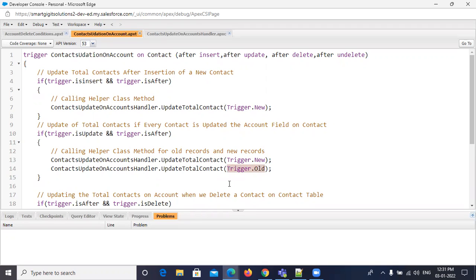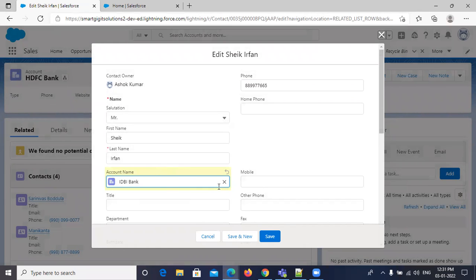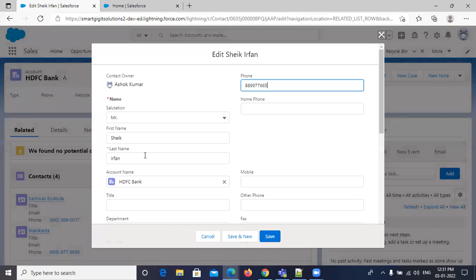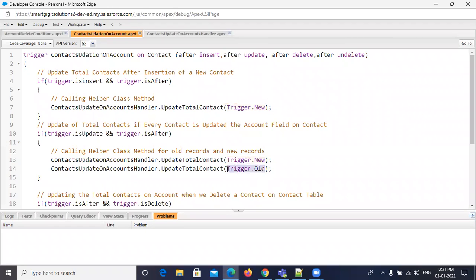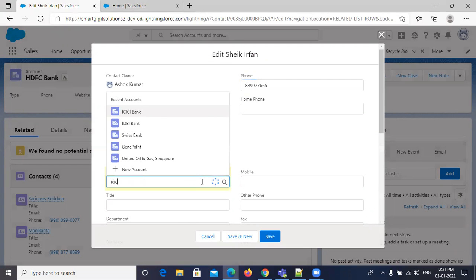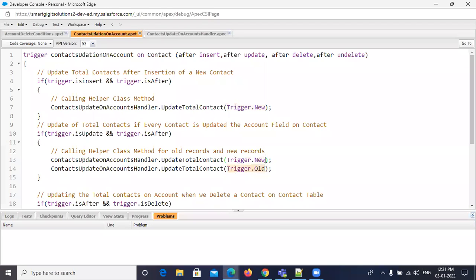Trigger.old holds the contact that is being updated, and Trigger.new holds the updated contact. Look here, if I edit a contact, the old contact details are stored inside Trigger.old. Here I am updating HDFC Bank to ICICI Bank, and these details are stored inside Trigger.new.